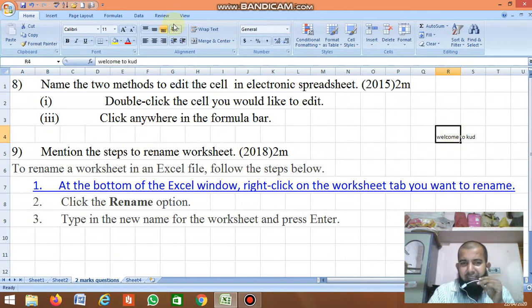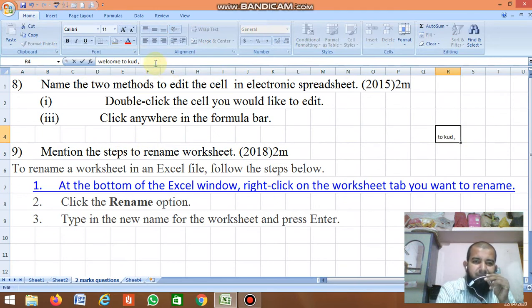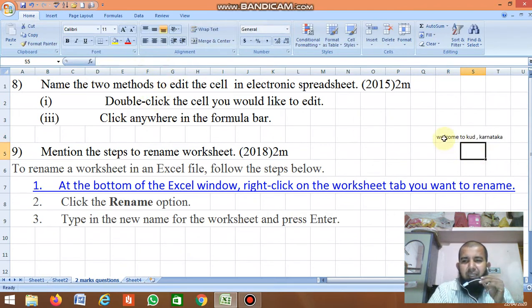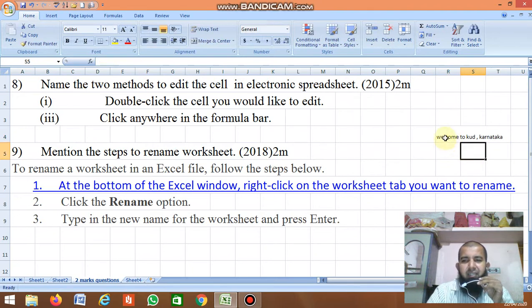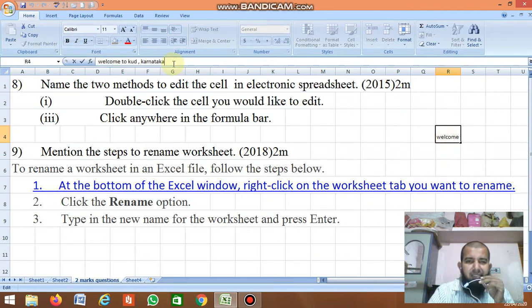First you click in the formula bar, then you can type KUD Karnataka, you can edit, and you can delete also. These are the two methods: double click the cell, or click on the formula bar, and you can delete or add.